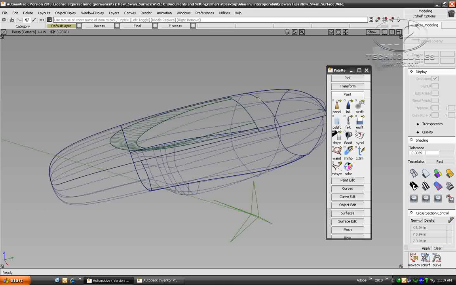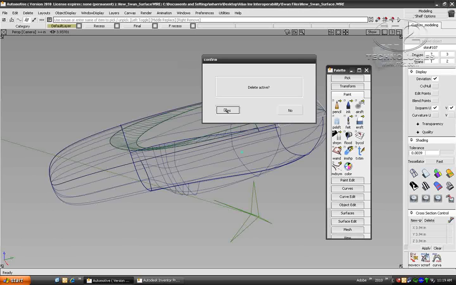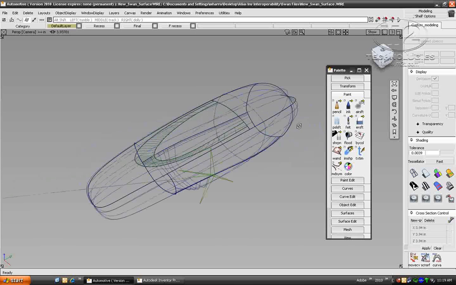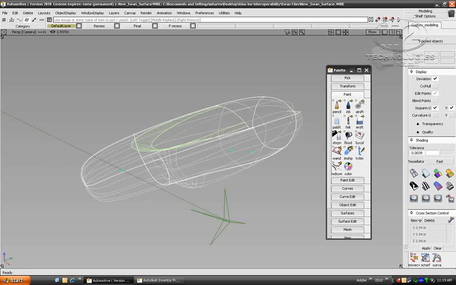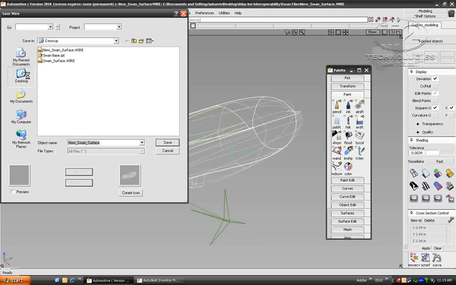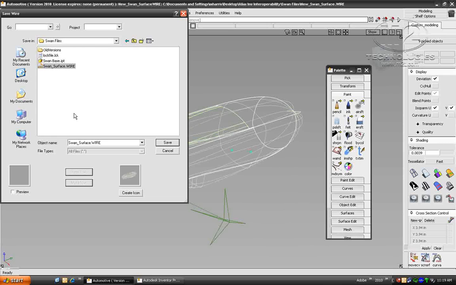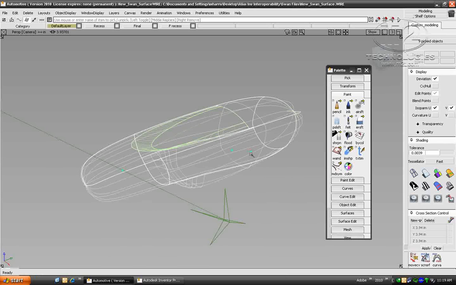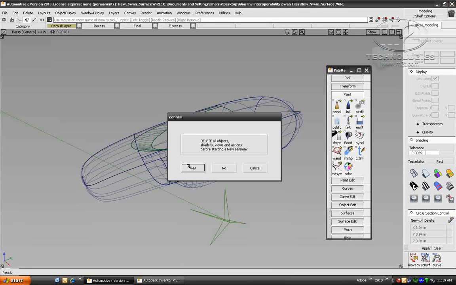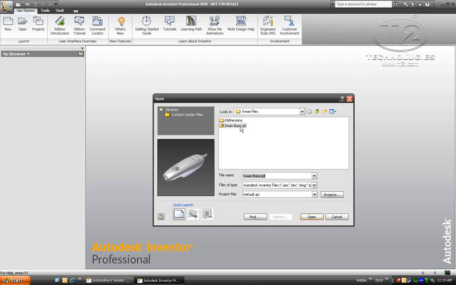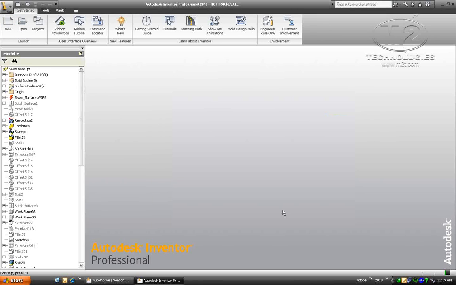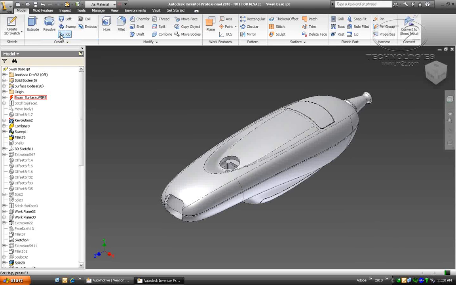Now I need to get rid of this guy, the original one here, and then we have our surfaces now with which we can work. So we're going to save these out over top of what the Alias file was that the Inventor file was referencing. Now when we go open the Inventor file, we should be cued that there's been an update, and there has. So we'll hit our update button,